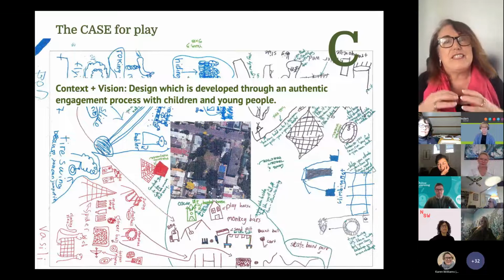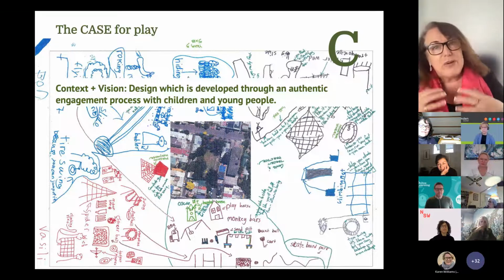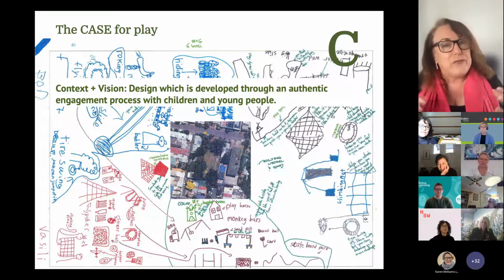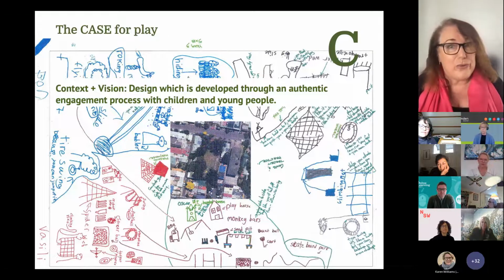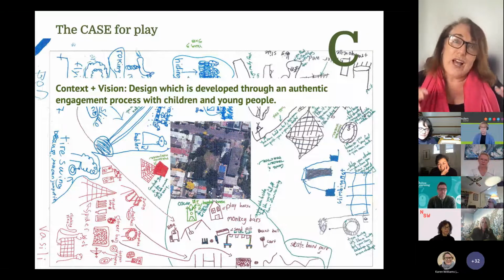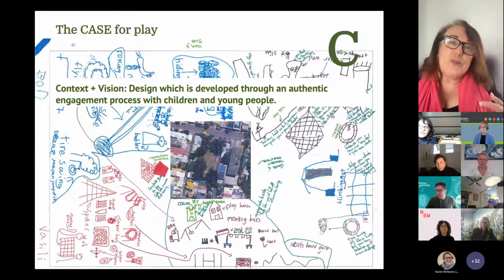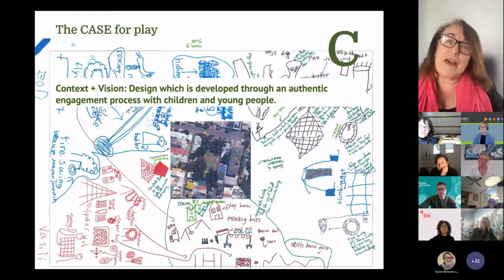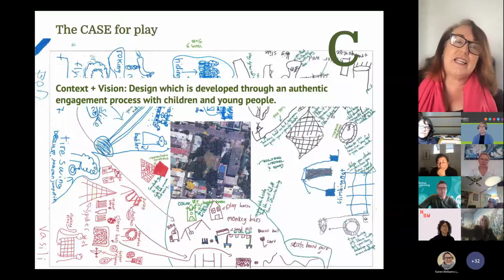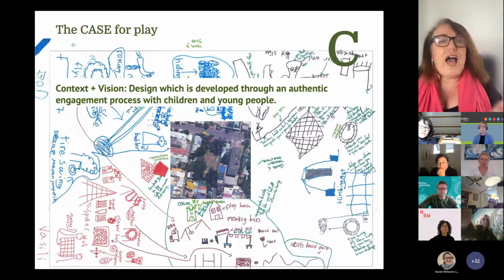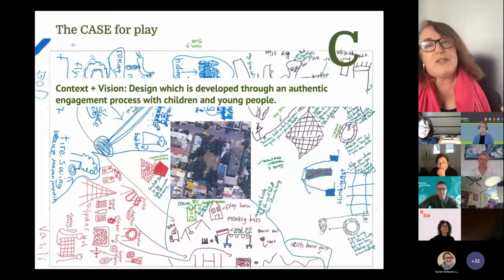And this is because the development has to be authentic with your engagement processes with children and young people featuring as the foundation of what you do. So if we are looking at any sort of space that we're trying to ensure everyone can use, children and young people are key people in that. And the way we communicate with them, whether it be through some face-to-face consultations or some other methods, is something that as planners, we need to be aware of, and councils need to say, how are we going to basically provide a context for what we're doing and how are we going to engage with children and young people